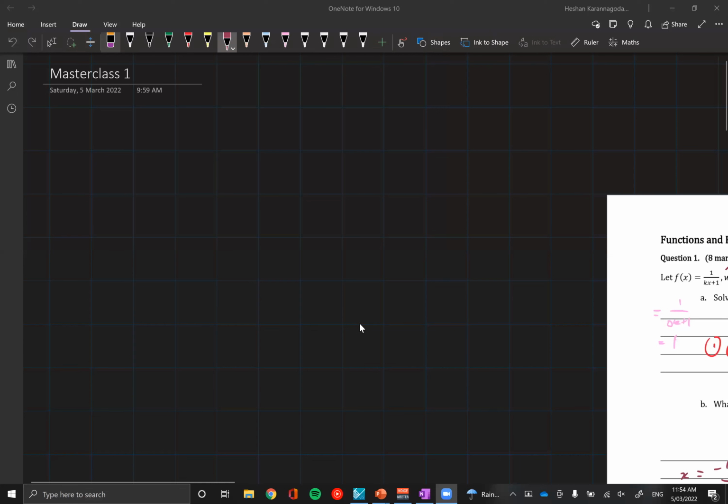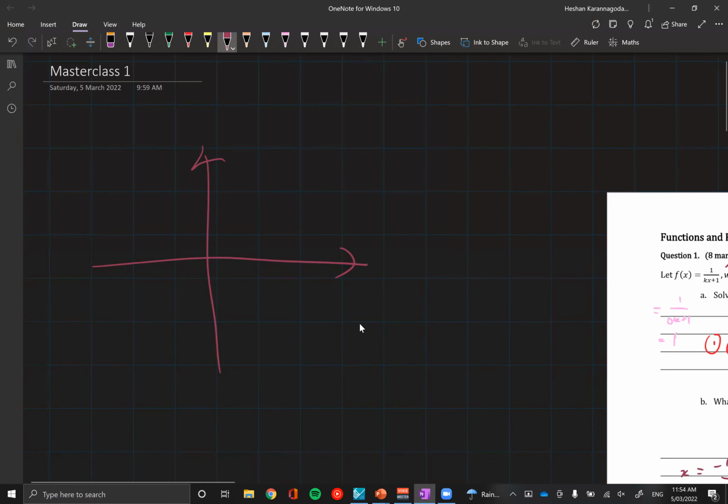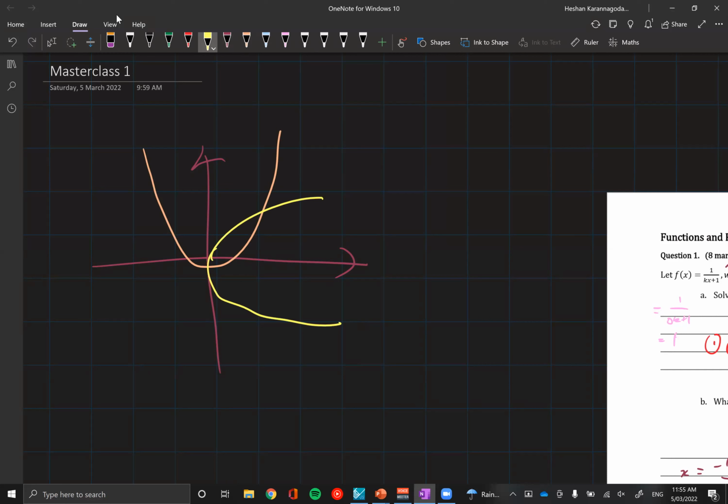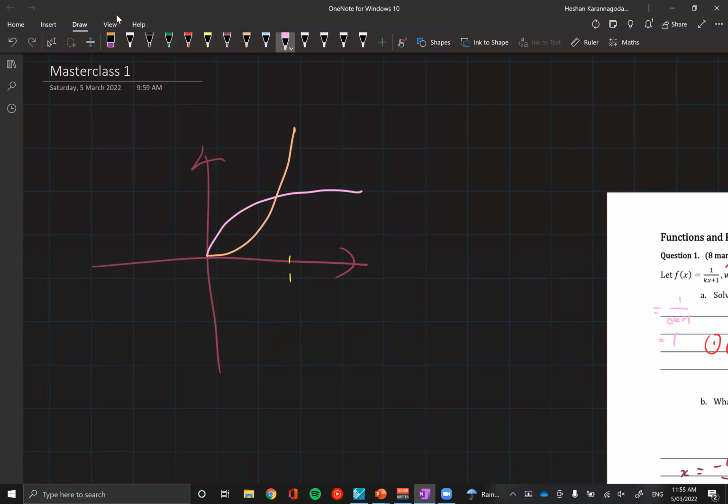Cool. So let's draw this again. A function only has an inverse when it's 1-to-1. If we drew a normal parabola that's not restricted, the inverse would have this shape, but this is actually not a function because it's 1-to-many. If we do a vertical line test, we see it's a relation. Whenever we have a function and we want to find its inverse, it always has to be 1-to-1. That's why for parabolas, we would always restrict it first. Let's say that branch would be just the right side, and then the inverse would look something like that. You should notice that this is actually 1-to-1, and then the result would also be 1-to-1.